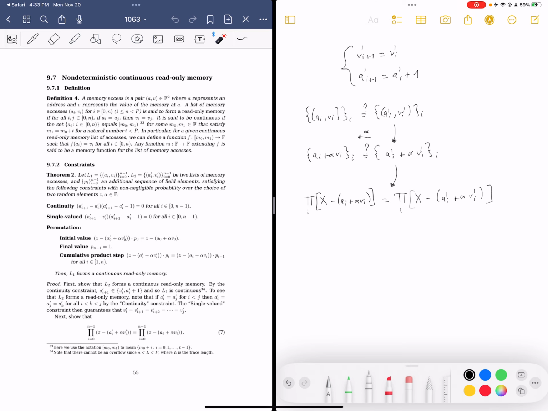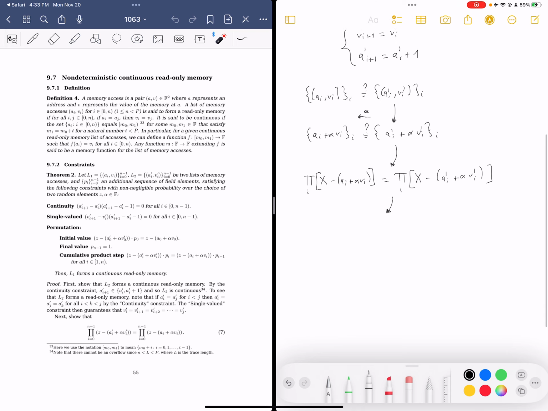So what I'm doing here is that I'm trying to compare two polynomials that have the same roots. And the roots are the items in my list initially. So that's the second reduction. I'm going to do a third reduction, and I'm going to say this is basically the same as proving that,